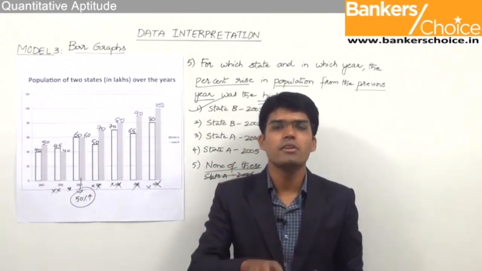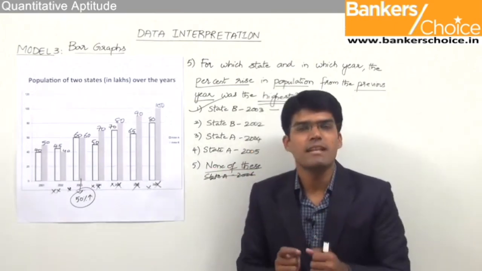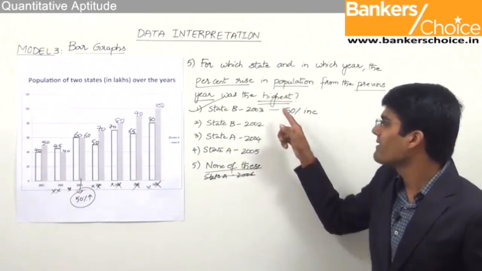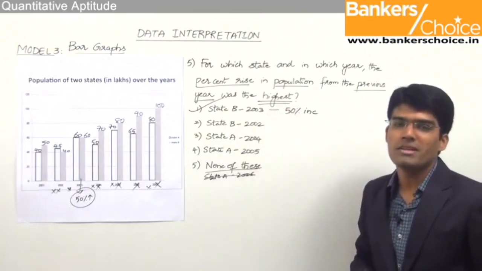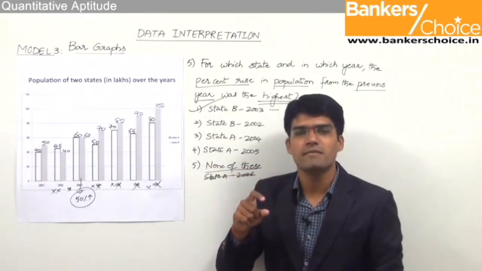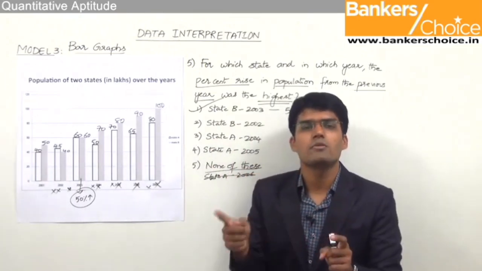If it is less, continue with the same reference value. In a similar manner, the question can also be asked in terms of lowest percentage rise. Instead of highest, the question may be about lowest percentage rise. There again, the process remains same. We take any one as the reference value, and with respect to this, we try to compare with the remaining